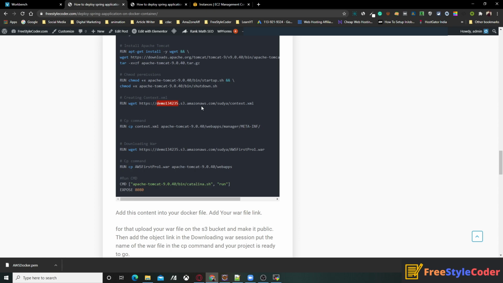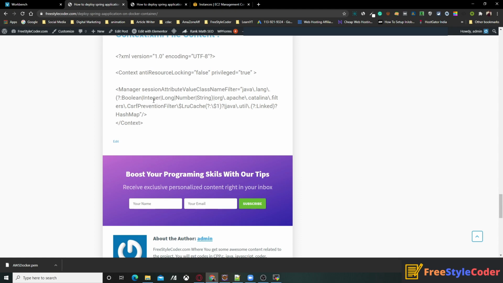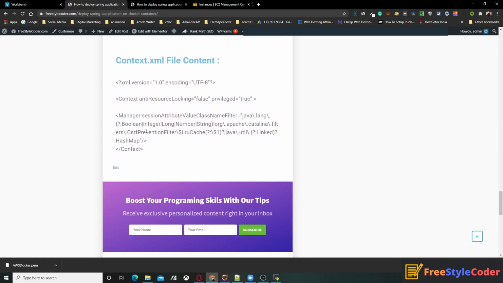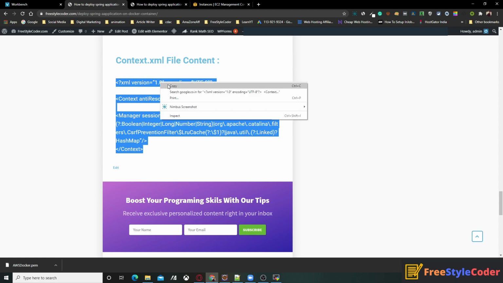The default port is 8080, but in this context.xml file the default IP address is also mentioned, so we don't want that. So what we did in that file, the cookie processor is there, that will be removed, and you just have to copy this content from here, the context.xml file.